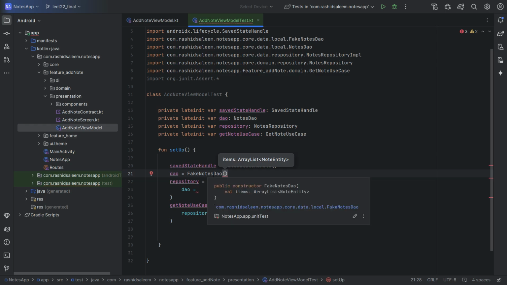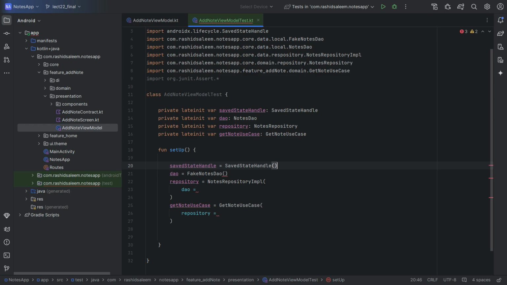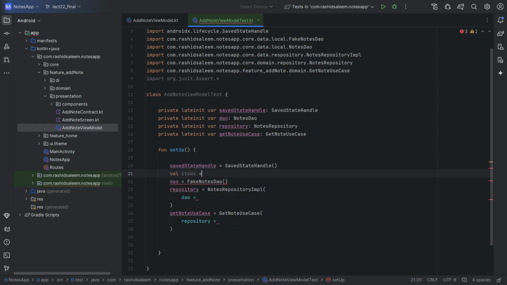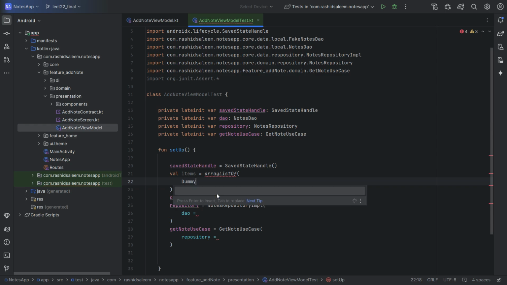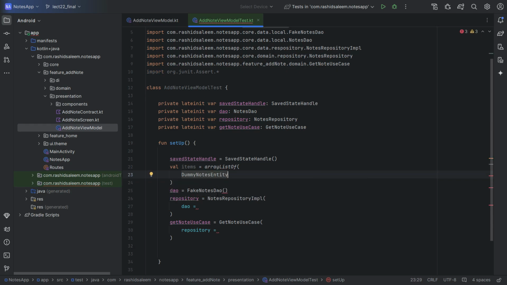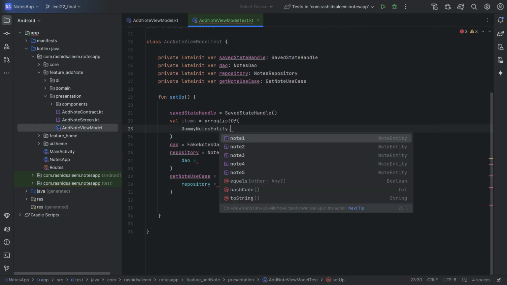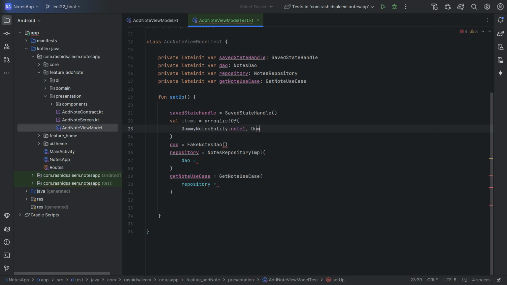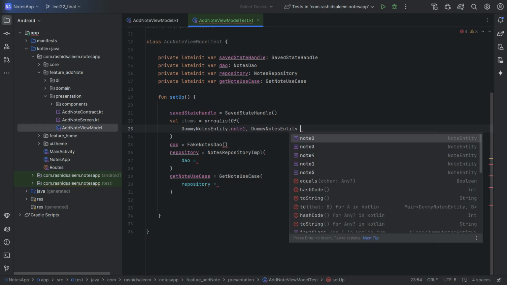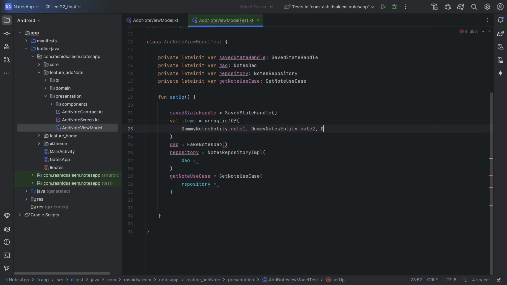So this FakeNotesDao requires an items array list. So we will create an array list here and pass this in here,